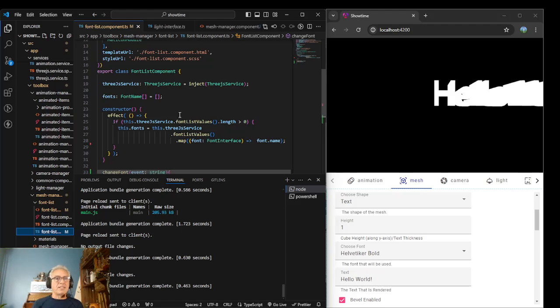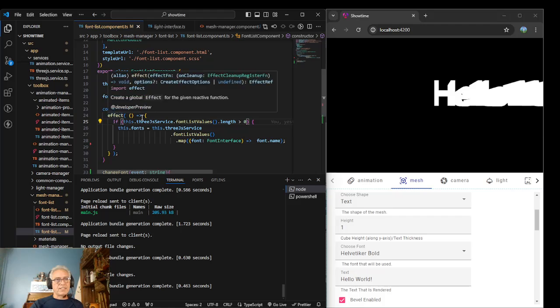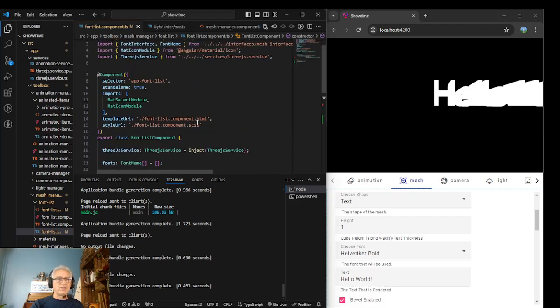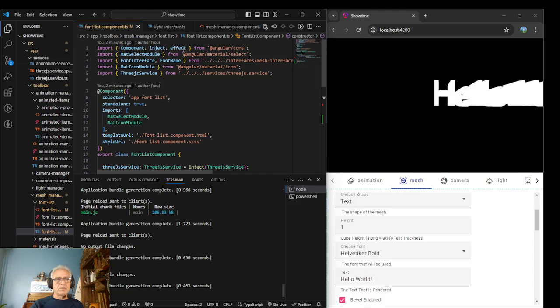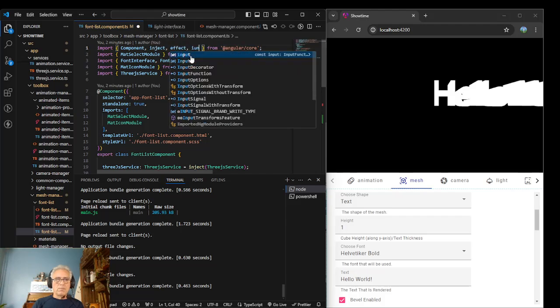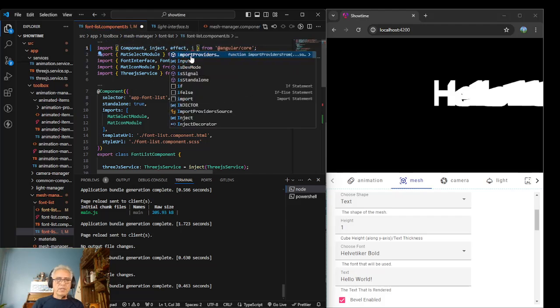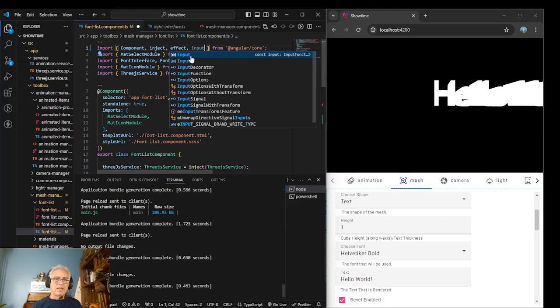So we're going to have to add some additional code to prevent this thing from resetting the fonts if the signal comes in differently. So basically, I'm going to import input, and